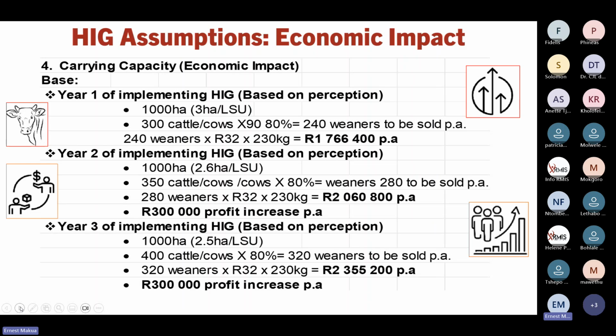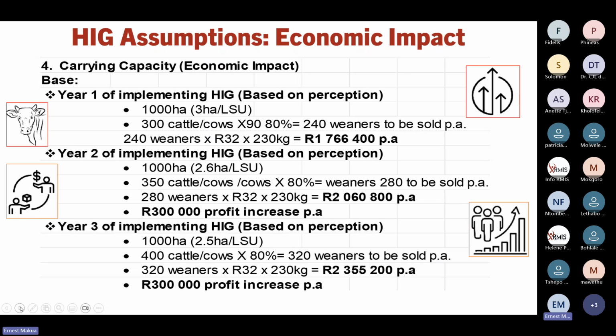If you've got a land of 1,000 hectares, 3 hectares per livestock unit, 300 cattle, 80% weaning rate, and you get 240 weaners per year. And then you multiply that by 32 rand per kg, and then 230 kg per weaner. And then in the first year, you will get only 1.8 million rand profit. In the second year of implementation,